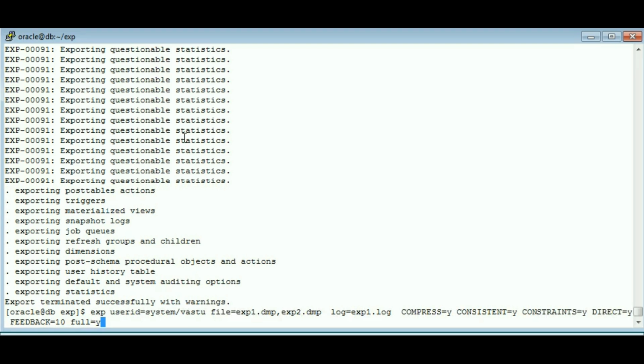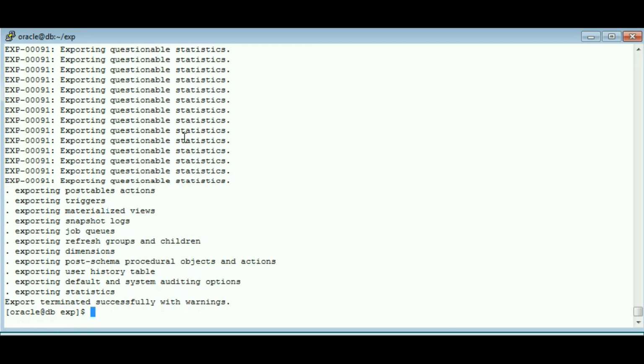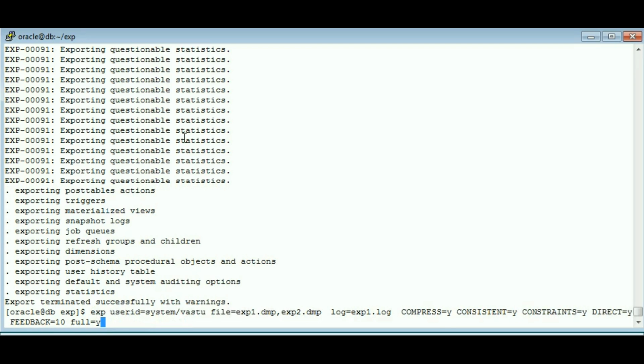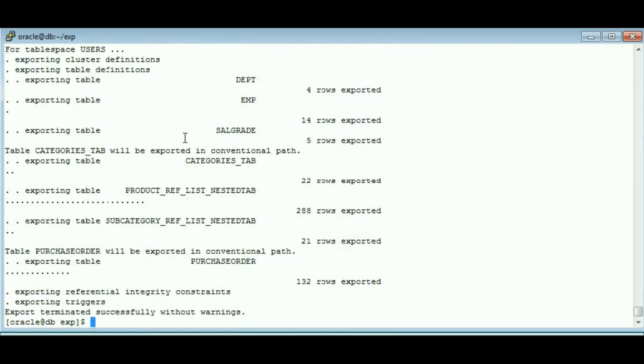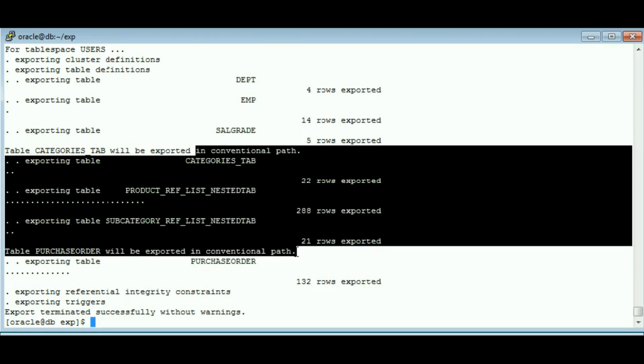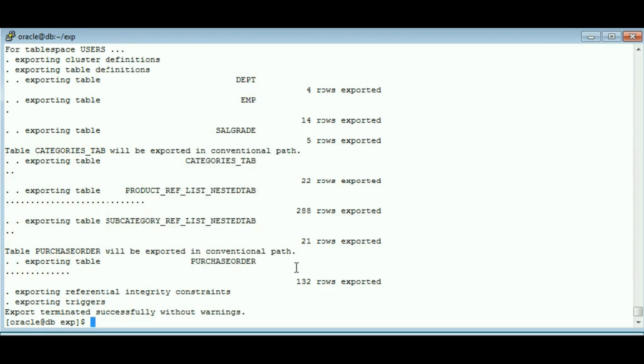So tablespace is equal to users. Let's take BPT, salary grade, all these tables can be taken. Okay,